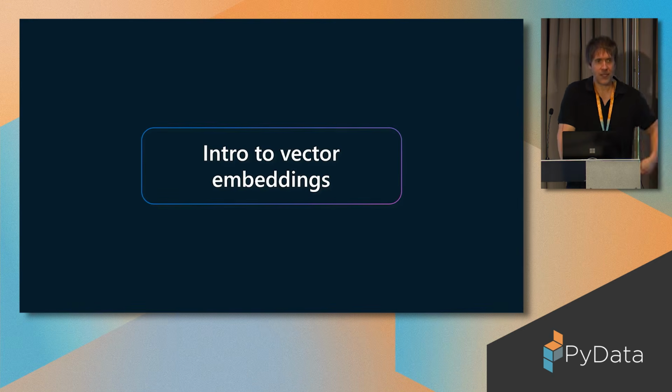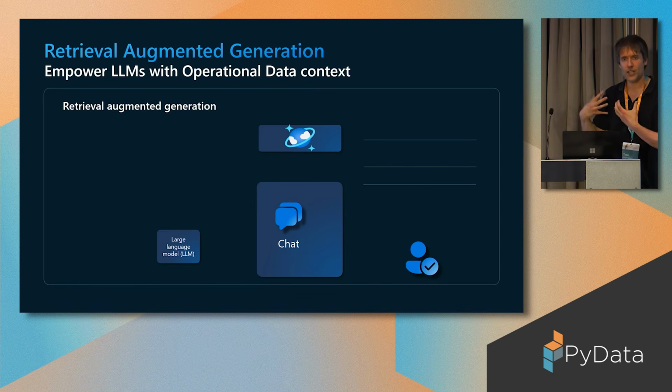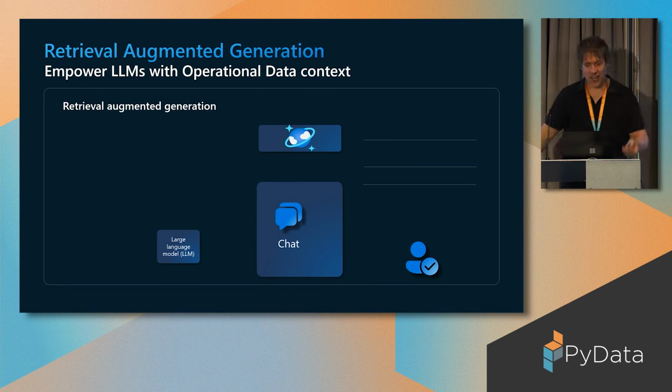Intro to vector embeddings. Hands up if you're already an expert on retrieval-augmented generation. 1, 2, 3, 4, 5. Okay, not a majority. Okay, retrieval-augmented generation, 60 seconds. Here we go. So I like to call this spoon-feeding the LLM. Instead of the LLM relying on its own internal training data set to give you the answer that it wants, which could include information that's wrong, or it could just not be there because it's not available on the internet, or whatever it's been trained on.